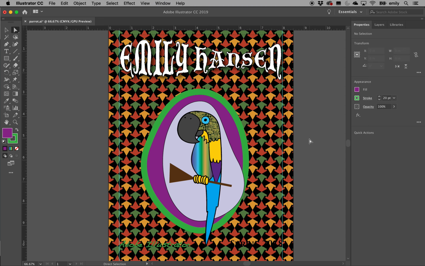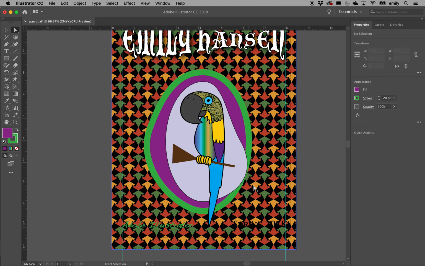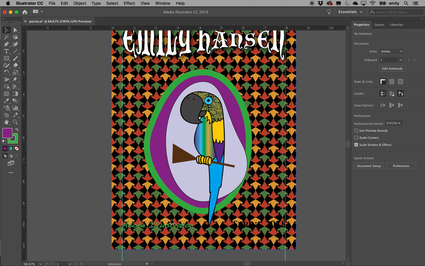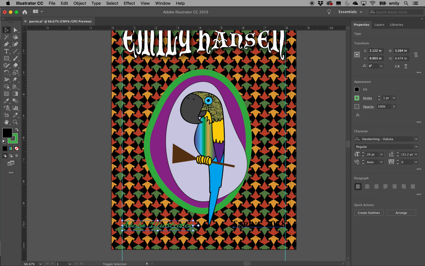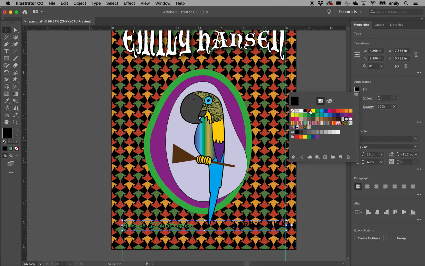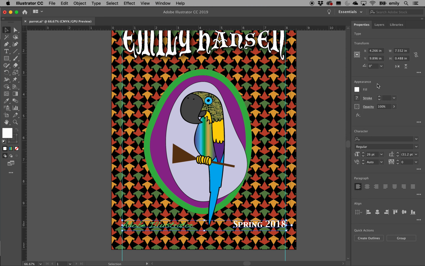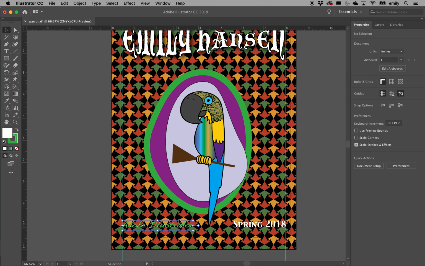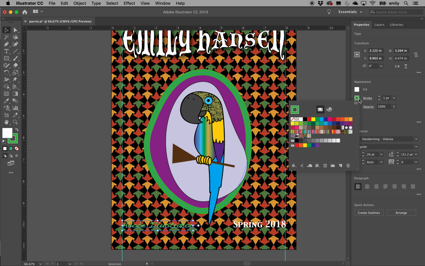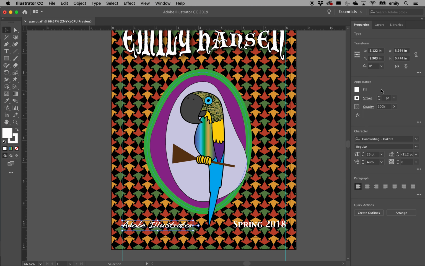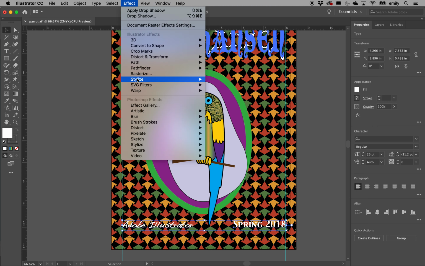And oops, now I did the top, but I forgot that I can't read the bottom. So this is maybe not a good pattern to use for your background, again, unless you're really, really interested in it. But I'm going to do the same thing here. I'm going to select my text down at the bottom, and I'm going to make sure that it's white. That one has a green stroke on it, so I'm going to have to take the stroke and make that white as well, so it stands out better. And again, we want to put a drop shadow on these.